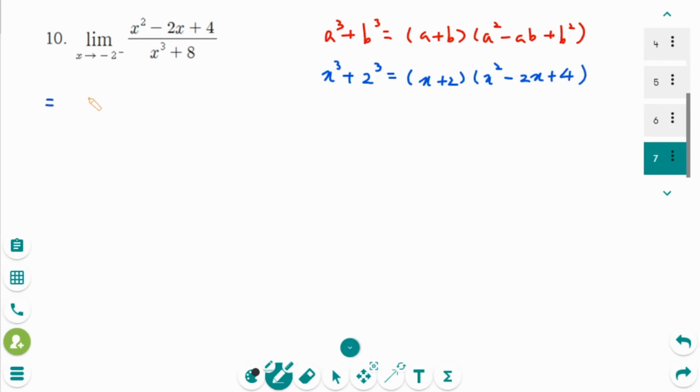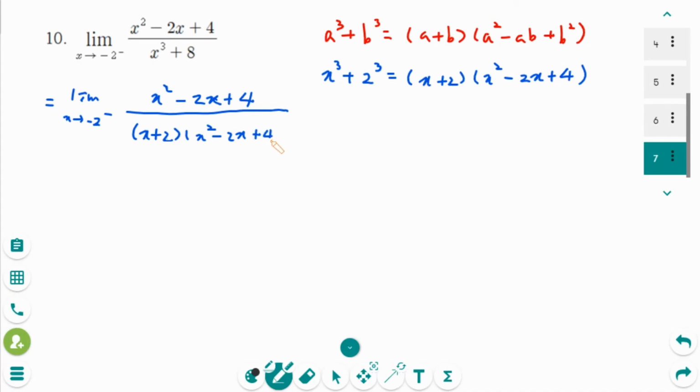So back to original. Limit as x approaches minus 2 from the left, keep the numerator, over, that one is x plus 2, then x squared minus 2x plus 4, then cancel the common factor. So limit as x approaches minus 2 from the left side, then 1 over x plus 2, or use the